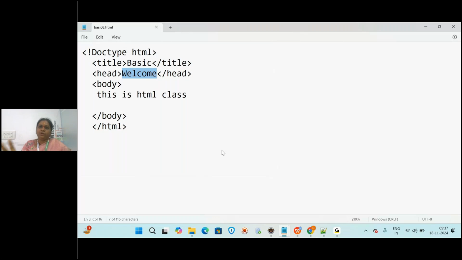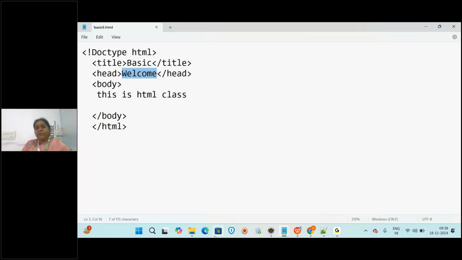Every computer or laptop will have a browser, right? Browsers means what? Chrome and Internet Explorer or Mozilla Firefox. So some default browser will be there in your computer, right? So as soon as you save this with .html, you can open this with any browser. You don't require any additional software to run this page. Your Chrome is already developed to work with this. You don't require any additional thing.